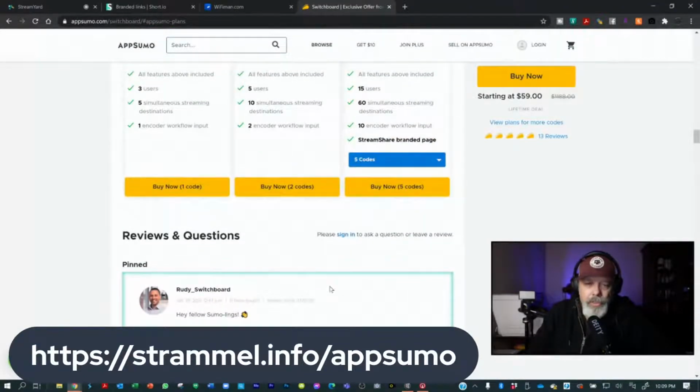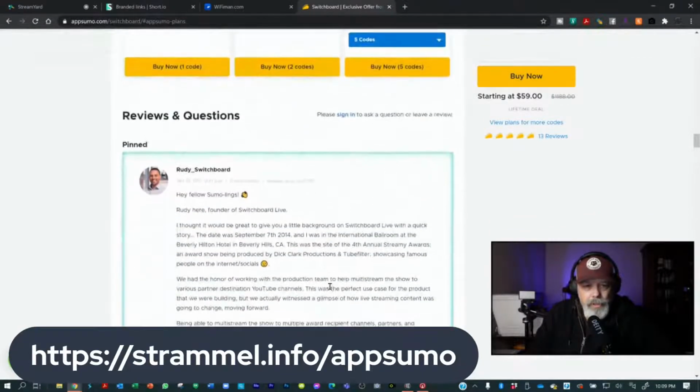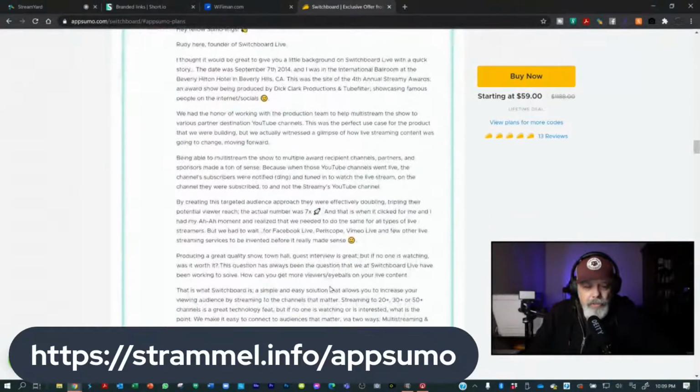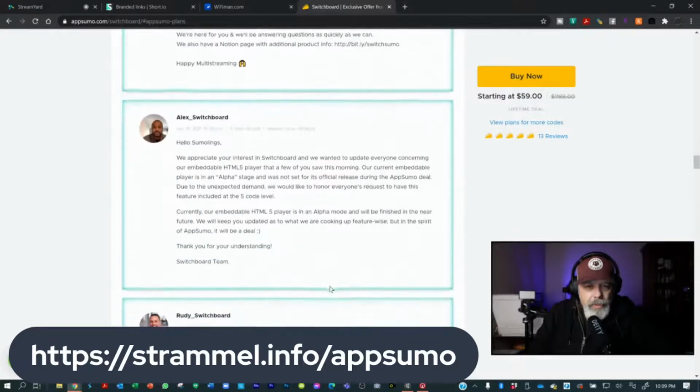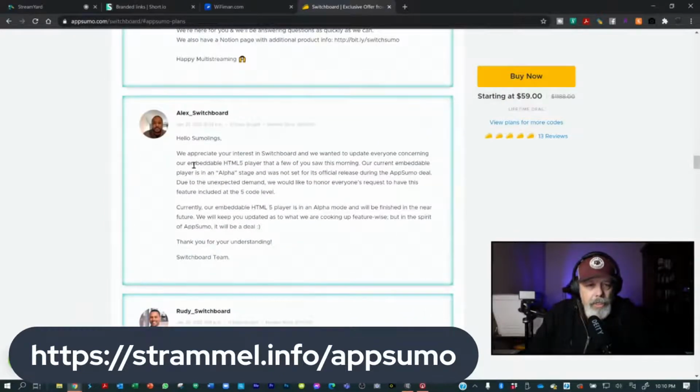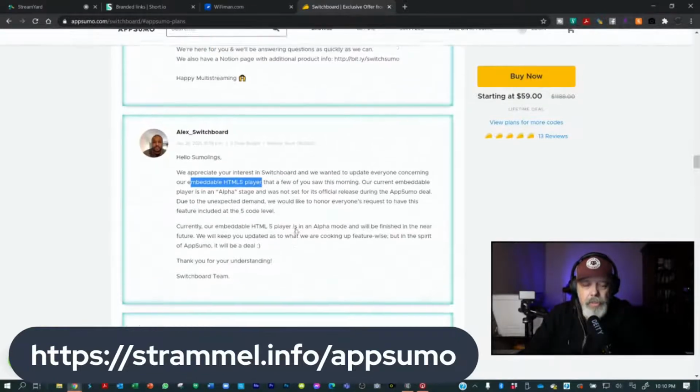One of the other things that you're going to get, so when you log into this and do the search, go read through these reviews and questions. One of the things you're also going to get with this, let me scroll down. Here it is. Yep. Going to be able to get an embeddable HTML5 player. It's in beta from what I understand right now, and although it's not clear on this page, if you get the 5 codes